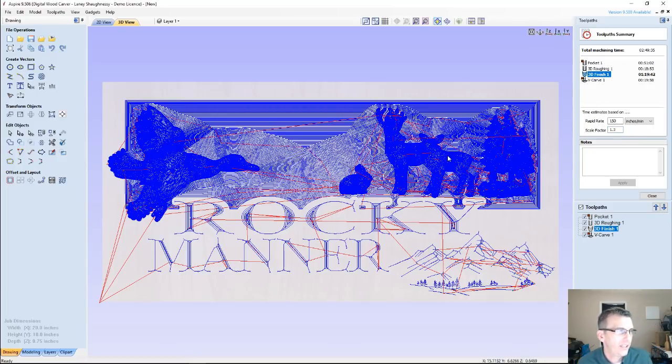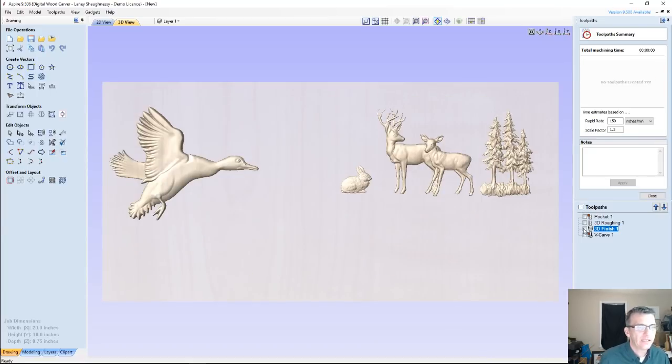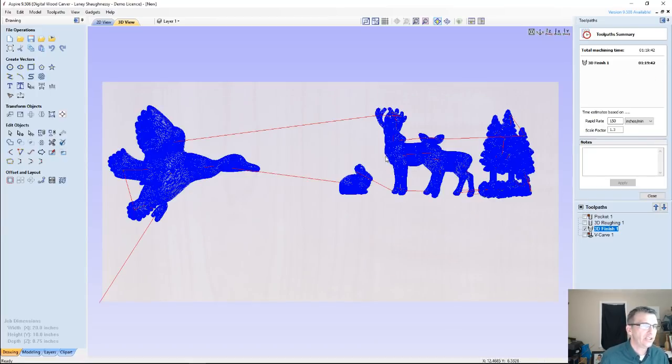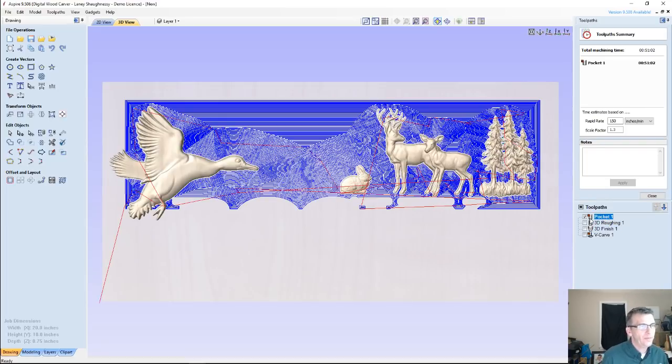My 3D finish cut could have been multiple hours, but because I am using just the models, carving just the model areas, it's going to be about 1 hour and 19 minutes. My pocket cut is about 51 minutes. So that 1 hour 19 and that 51, that's 2 hours and let's say 9 minutes of runtime on this. Versus